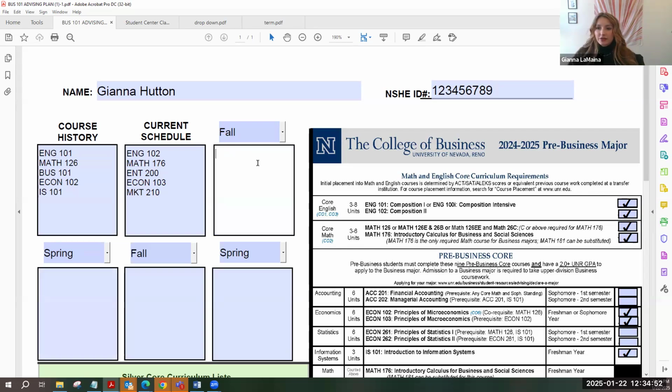All right, same gist for math. If you have not taken a math course yet, that's totally okay. If we don't have any test scores telling us what math class you should be placed in next semester, then I'm just going to have you write math for our fall next semester. And in the semester after, we will write Math 176. That will be a pretty rare occasion if you haven't started English or math, but it's totally okay if you